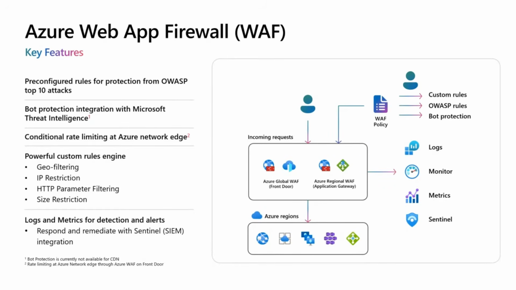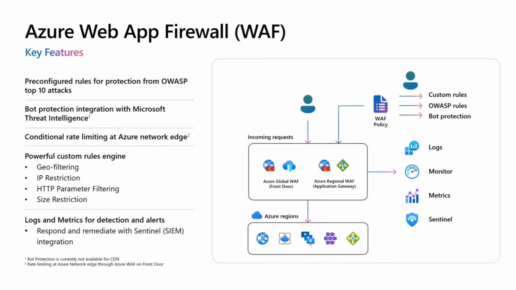Azure WAF comes with a comprehensive set of features designed to provide robust, flexible, and intelligent protection for our web applications. So first, it includes pre-configured rules that offer out-of-the-box protection against the OWASP top 10 vulnerabilities and web attacks. Next, we have bot protection, which is integrated with Microsoft's Global Threat Intelligence Suite. So this allows WAF to identify and respond to non-malicious bots in real time, helping you protect against malicious bots